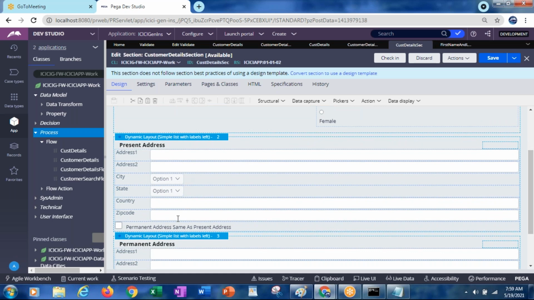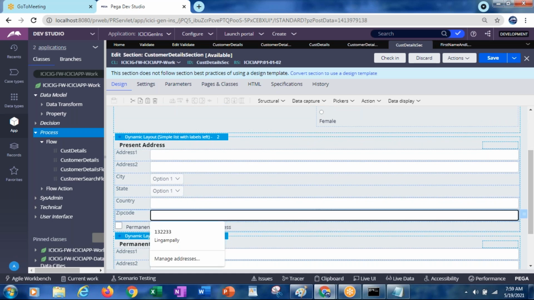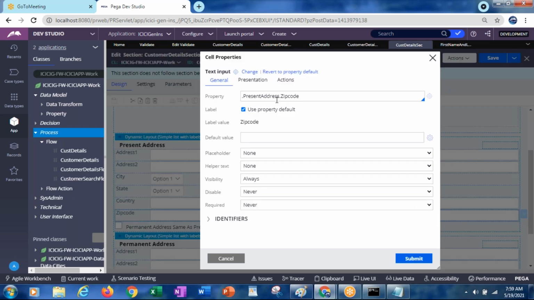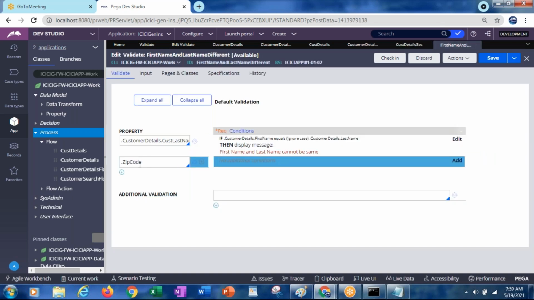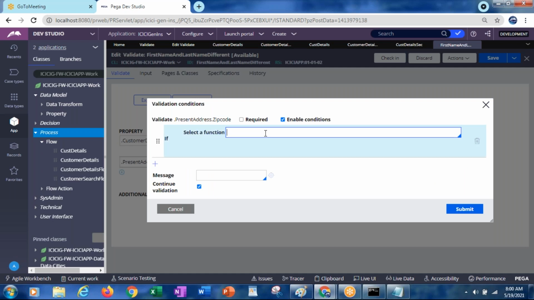So yeah, present address dot zip code. Okay, Control C. So save that.